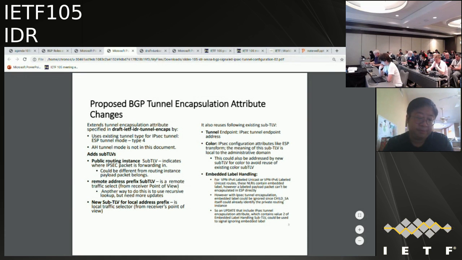And then the last part is the embedded label handling. For the VPN routes, IPv4, IPv6 VPN routes, which have embedded labels in the BGP update, which is used to identify on the data path which route instance or which VPN this data packet belongs to. But here for IPsec encapsulation, IPsec cannot really encapsulate a packet with labels. For IPsec, only IP packets can be encapsulated inside IPsec tunnels. So here I propose we should ignore that label